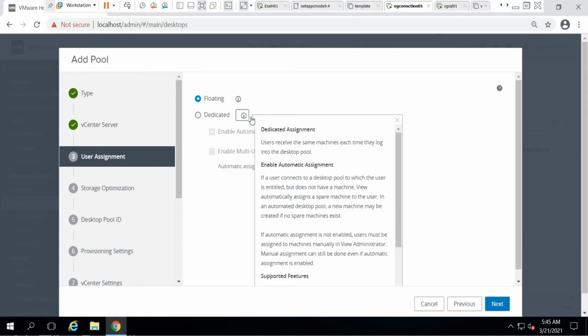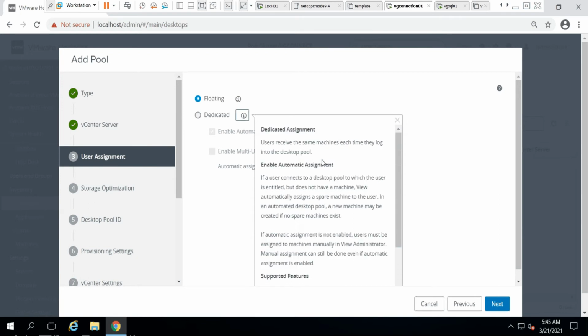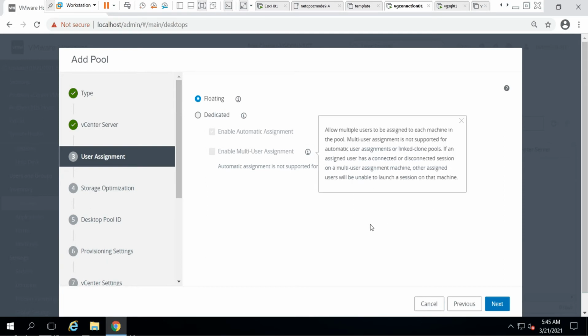If you go for dedicated, the user gets the same machine each time they log into the desktop pool. The information given is pretty simple and understandable, so just go through it when you're creating the pools. Everything is clearly mentioned here.